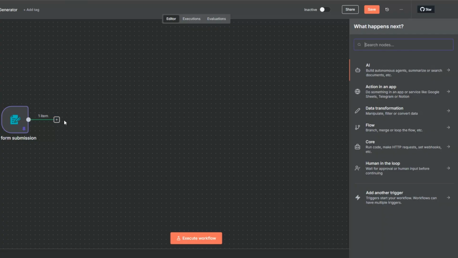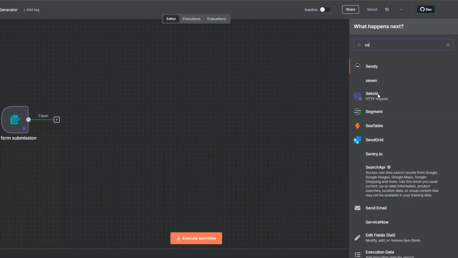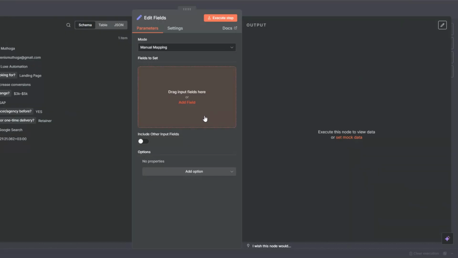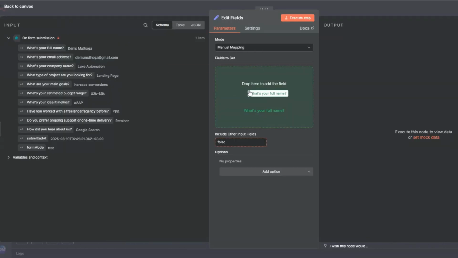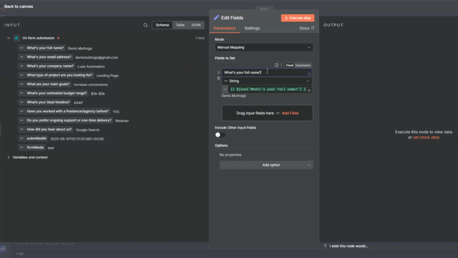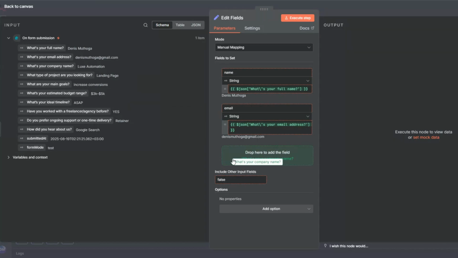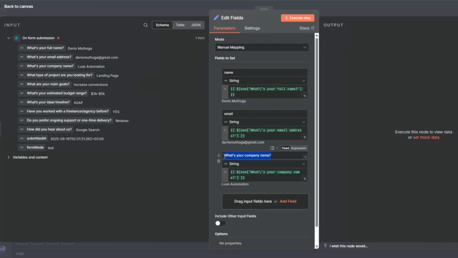So the next thing that we're going to do here is set variables to all the fields that we just filled in our form. So here I'll search for the set node and click on the edit fields. Now here I'll drag the first field, and we're going to name it name. Here I'm going to drag the second one. This field is going to be named email, and I'm going to drag the third one. I'm going to name this company name,